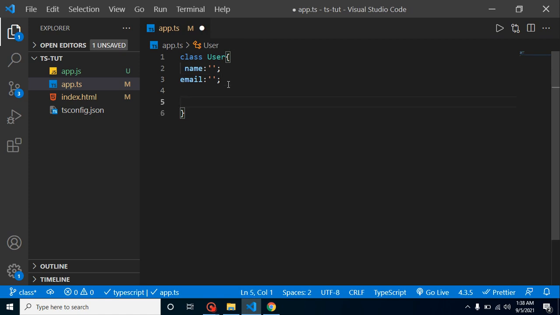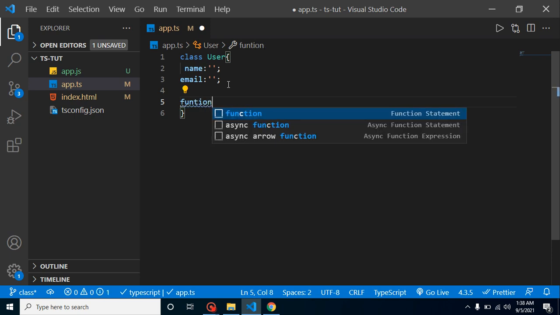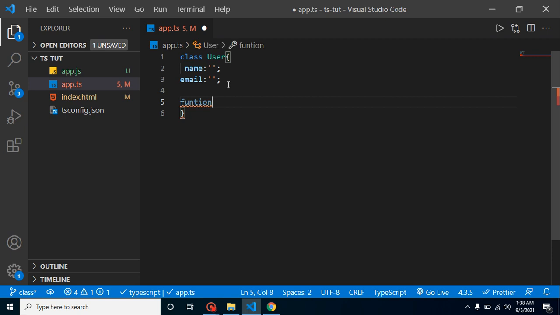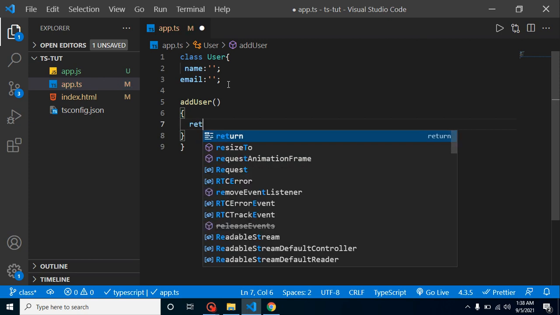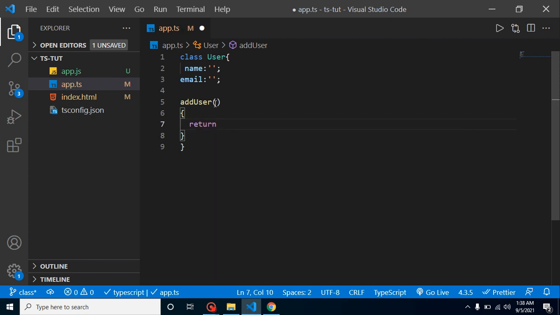After that we can define a function. For functions you don't need to define them with the function keyword. We can just simply define something like addUser, and we can return something inside it, or you can console log here. It's totally up to you, right? So now let's return something, and I am taking a parameter here in the class. Let's say my parameter name is user, and let's return